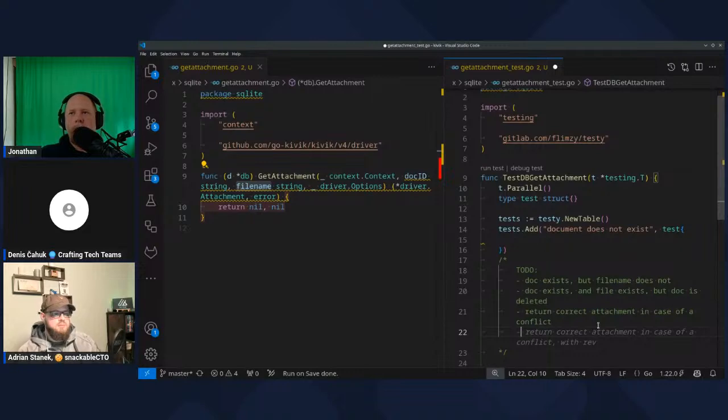You can, and so those are the failure cases I can think of. There may be others that we'll think of in the future. As far as success cases, there's just the natural one: return an existing file from an existing doc. You can also request a historical revision. So you could be on revision 10, or you could request the attachment from revision 4. So that could happen.